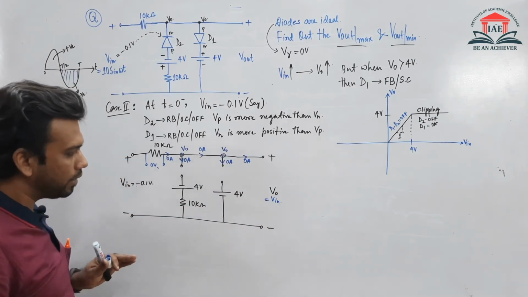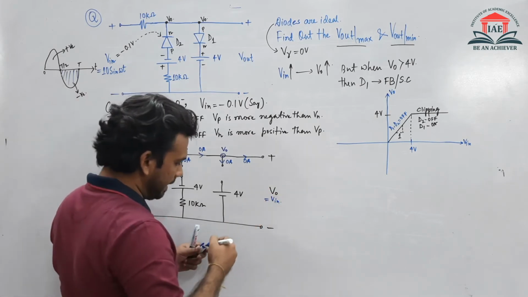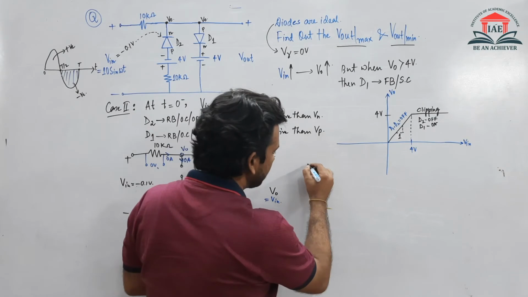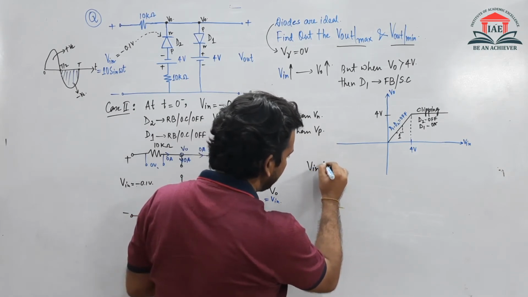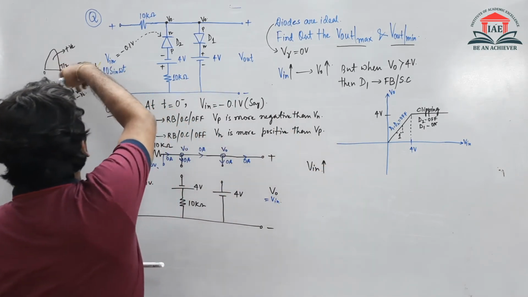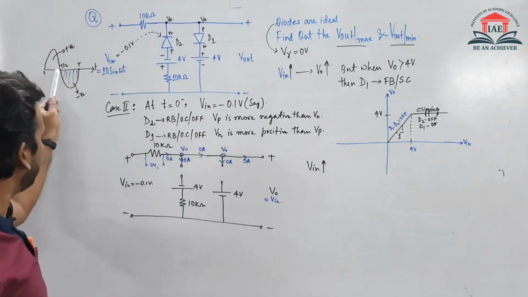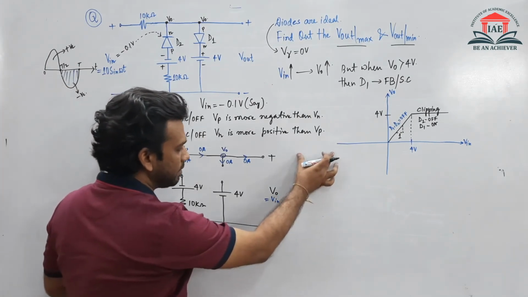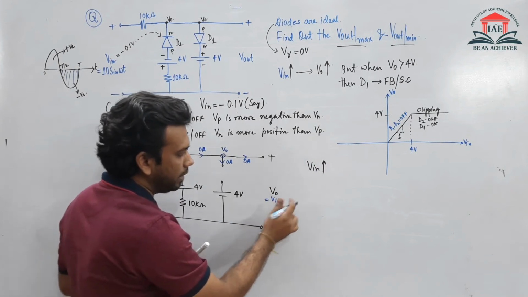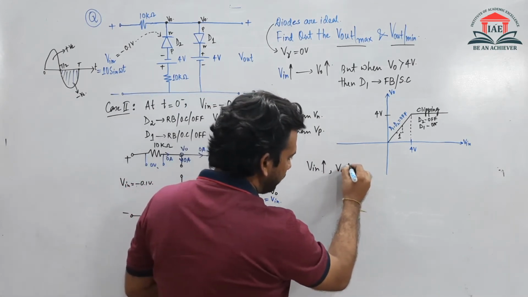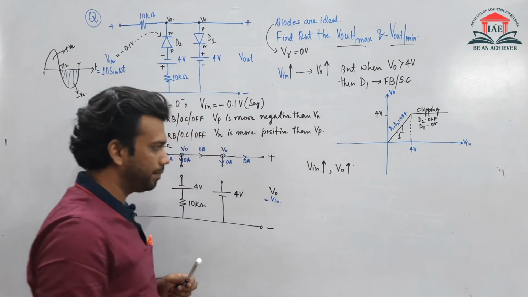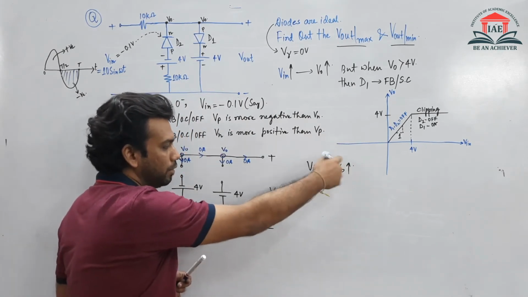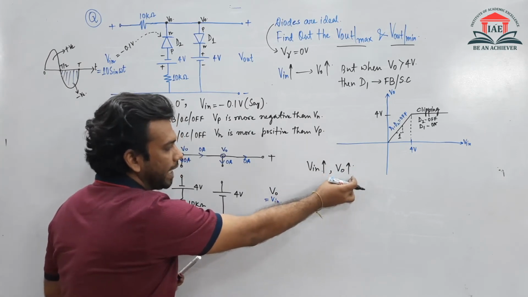to V input? तो आप अगर V input को इंक्रीज करेंगे, नेगेटिवली इंक्रीज करेंगे नेगेटिव हाफ में, so let us increase the V input negatively, because in the negative half cycle what happens, the input voltage increases negatively. So if the input voltage increases and V0 equals to V in, so the output voltage will also increase negatively. So if it is increases negatively, मैं negatively के बार-बार बोल रहा हूँ, तो ये V0 अगर negatively increase करेंगे